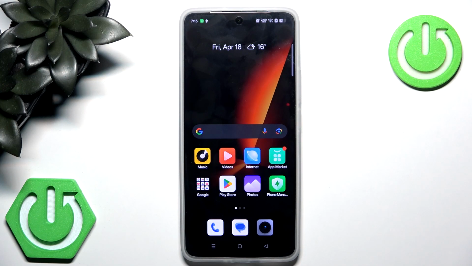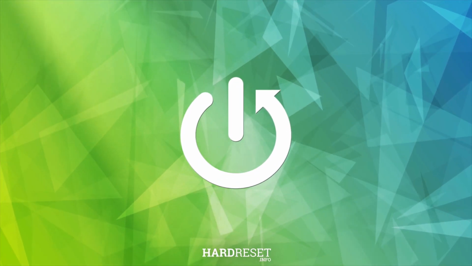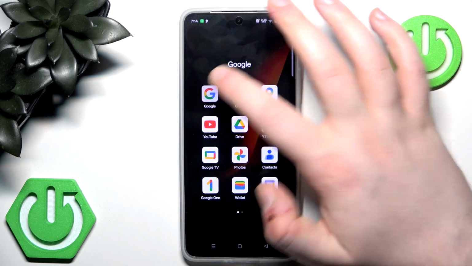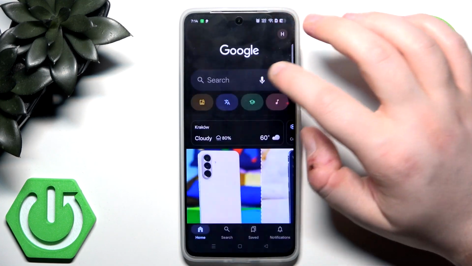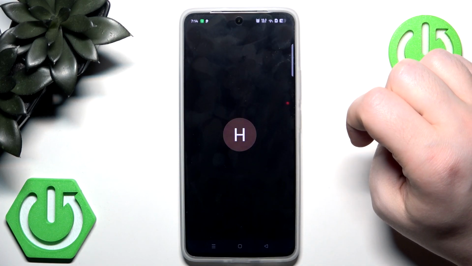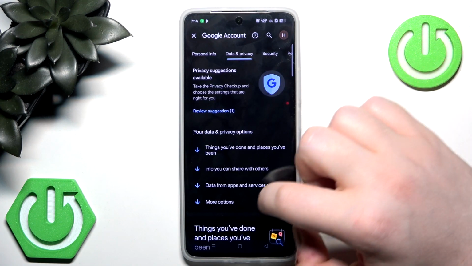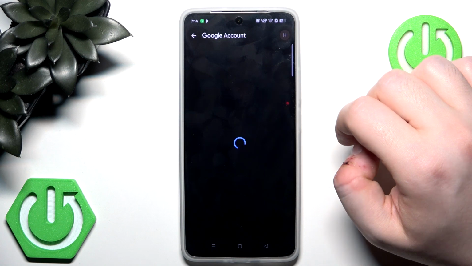Hello! In this video I will show you how to bypass parental control on REALME 14. So you have to start by opening your Google application, then click on your avatar and then go to Google account. Then go to data and privacy, and now you have to scroll down. Now click on delete your Google account,